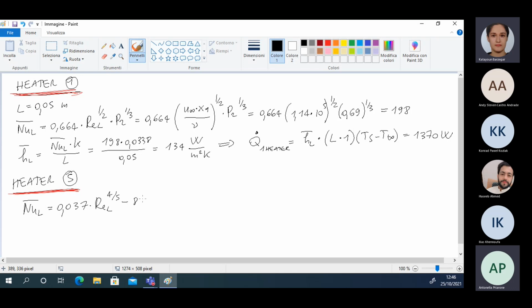Wait, and then I explain. For L equal to 5 by 0.05 meters. And that gives us